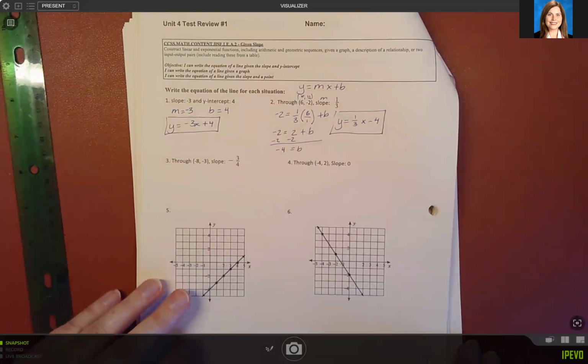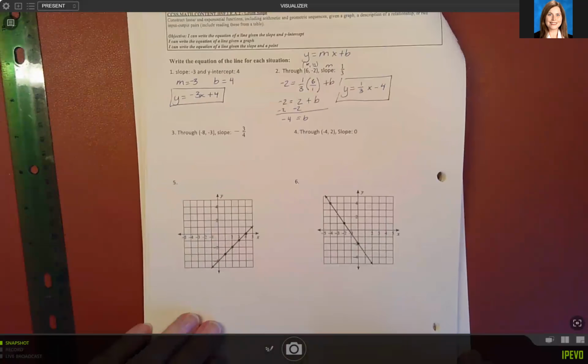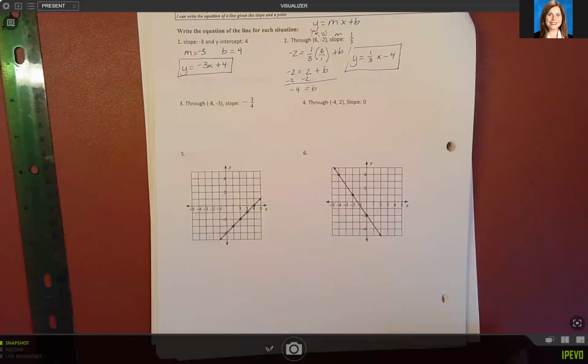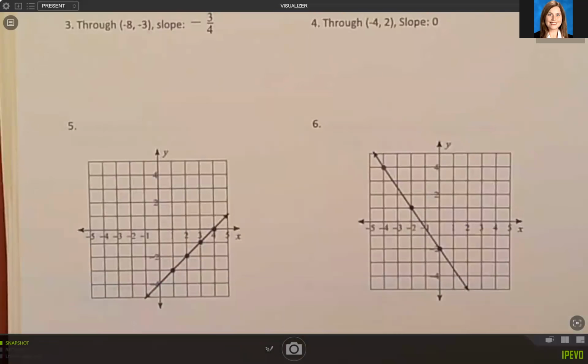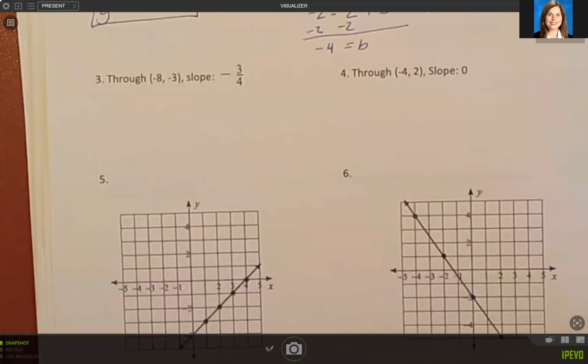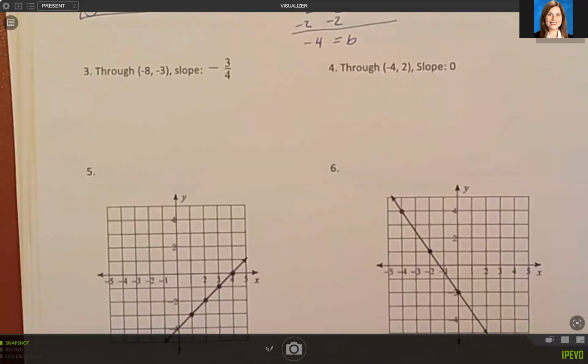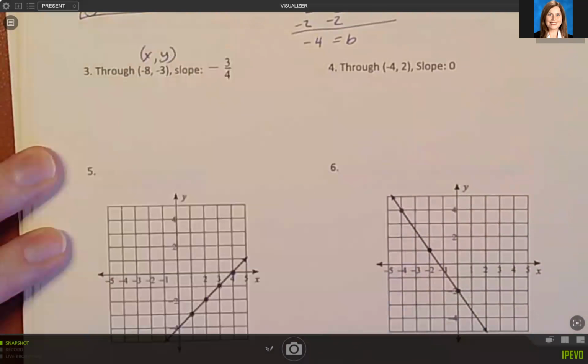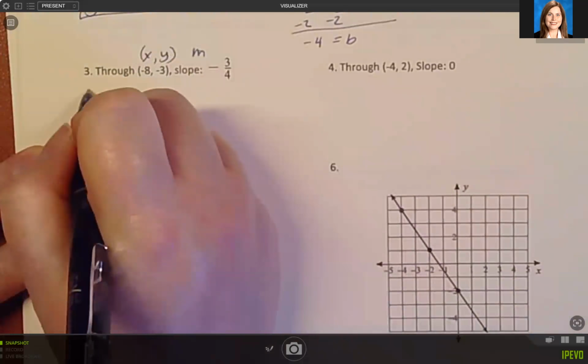Number three, write the equation of the line that goes through the point (-8, -3) and has a slope of -3/4. So again, we're given an ordered pair and the slope. So we have our x and y value, and then we have our m value. And we're substituting this into,